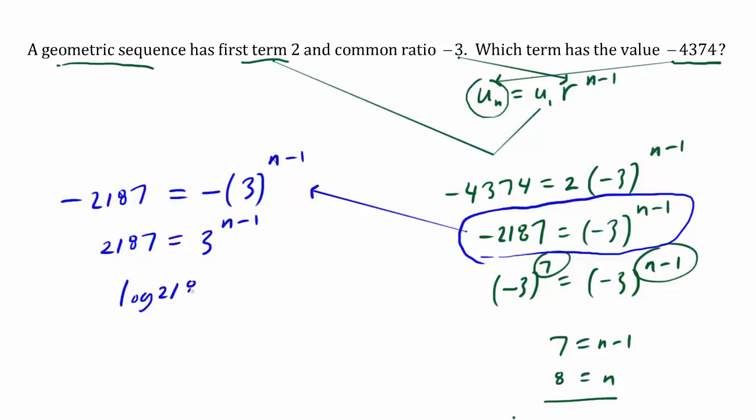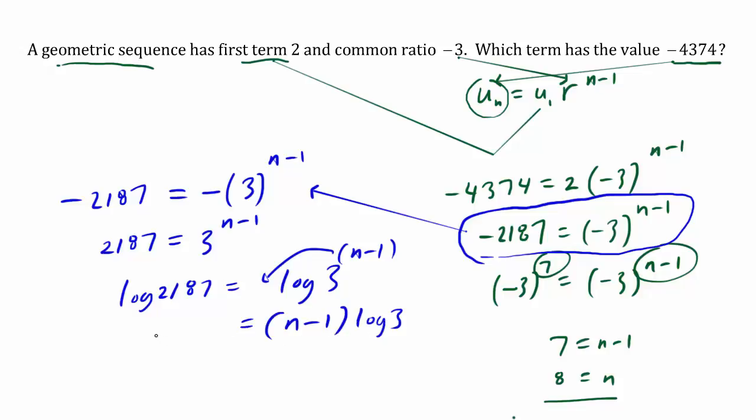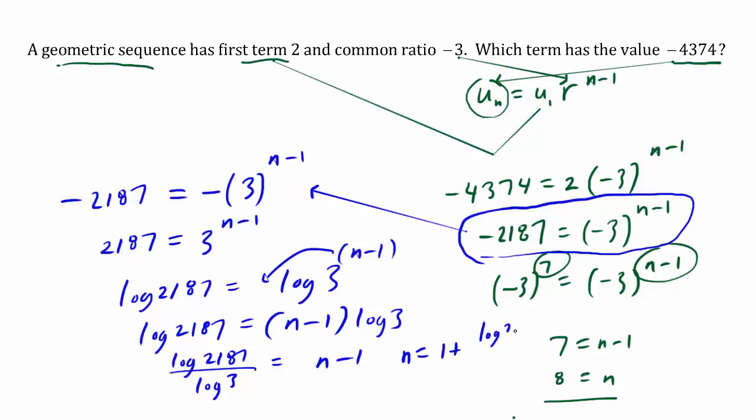We log both sides, we have log of 2187 is equal to log of 3 to the n minus 1. Log rules state that we can drop the exponents. We have n minus 1 times log 3 is equal to log 2187. Divide both sides by log 3. We have n minus 1 is this business here. And finally we have n. We add 1 to both sides. We get 1 plus log 2187 divided by log 3,